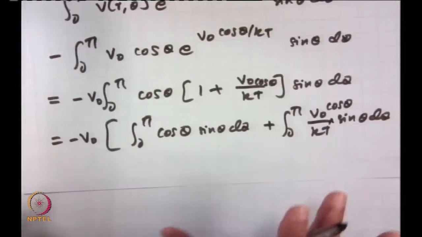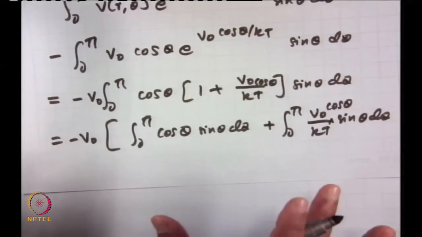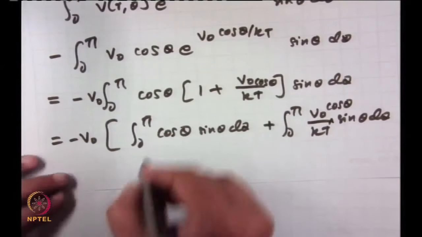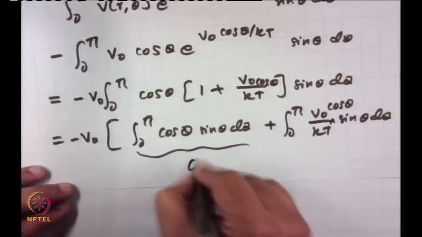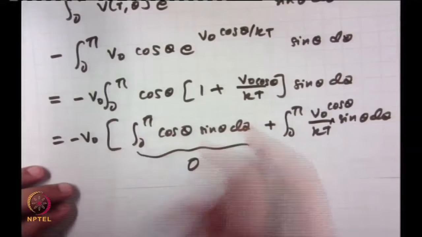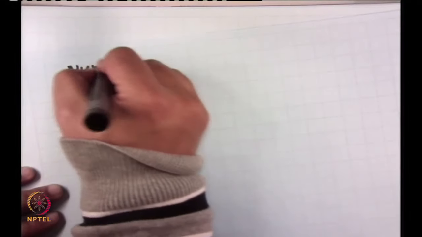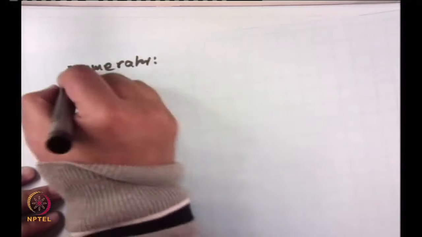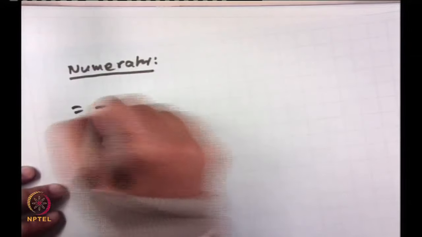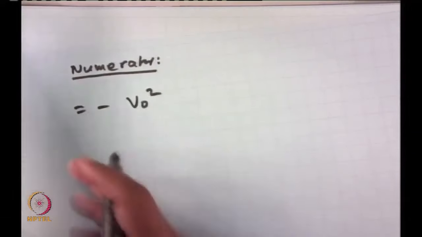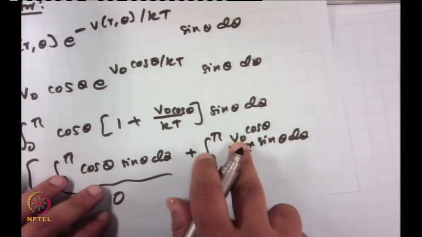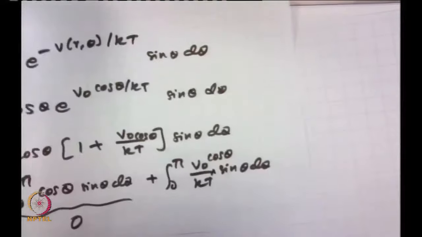Now these are the two integrals you have to solve essentially. If you are going to solve these two integrals, what are you going to get? So for the first one, what is it? The first one is 0. We already know, we did this previously. So for the numerator we are left with minus, I can write V0 squared because I have a V0 out here. Then what am I solving now?